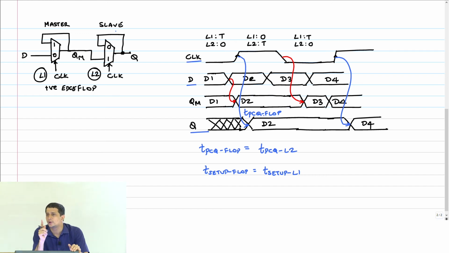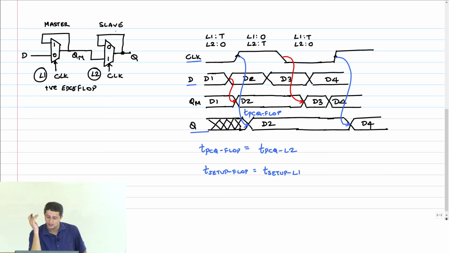Basically, if you have to sample on the positive edge, then the first latch should be transparent in that previous cycle. That is when the clock is 0. Only then you can sample and then hold that data, right? So clearly the slave stage does nothing. It basically just takes the sampled output at QM and just holds it for the remaining part.